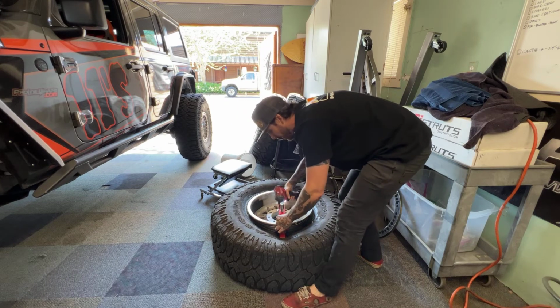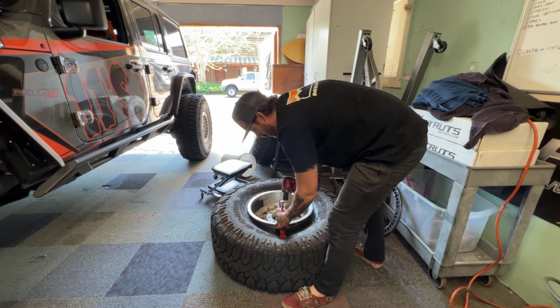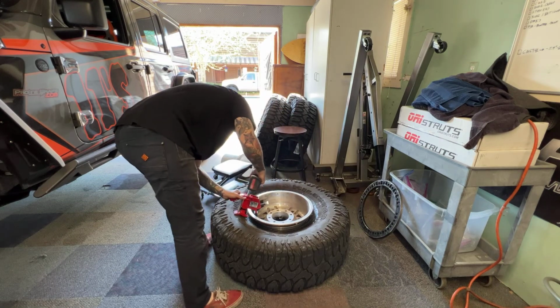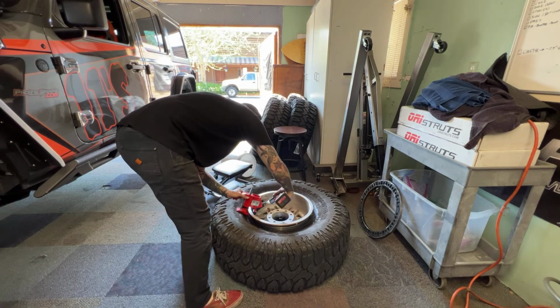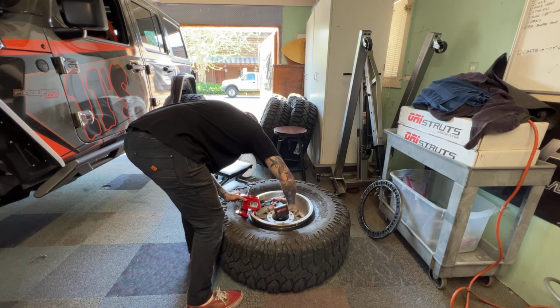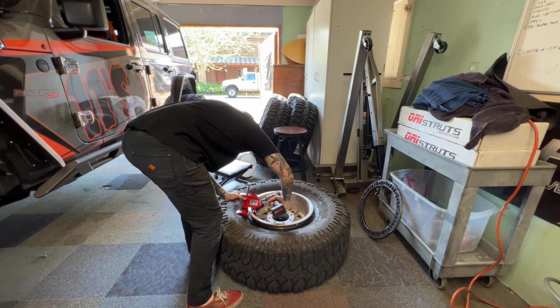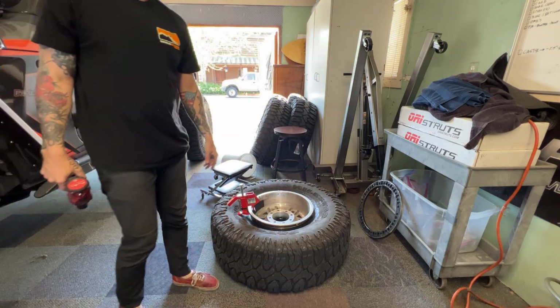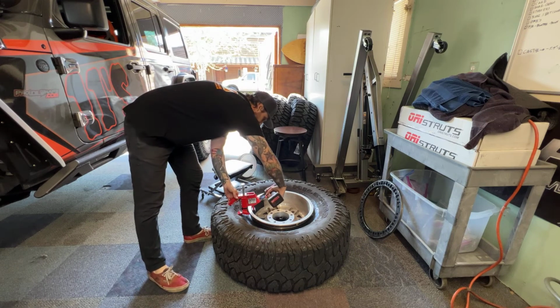You can hear the air coming out of the tire, the excess air that didn't get out yet. So we're about there. Okay. It looks like we did it. So we're completely broken. So now that side is broken, what we're going to do is, I'm not going to